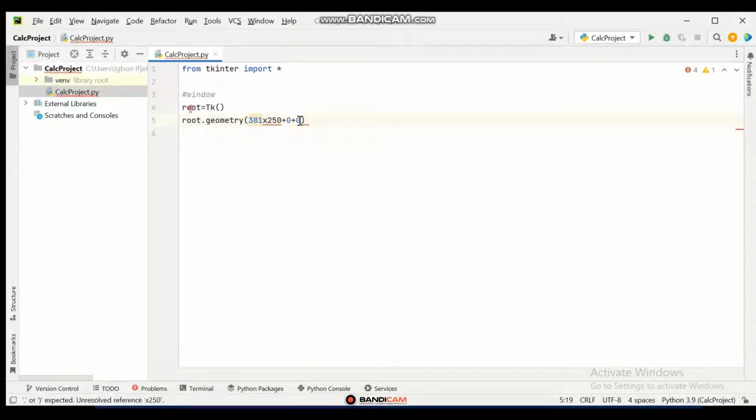Okay, so the error is actually not from my x, it's because I'm not passing this as a string. So I'm just going to include quotes here. And that is it. So I've specified the size of my window here. Okay, so the next thing